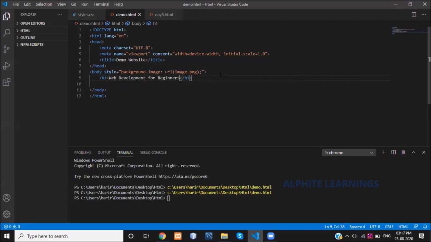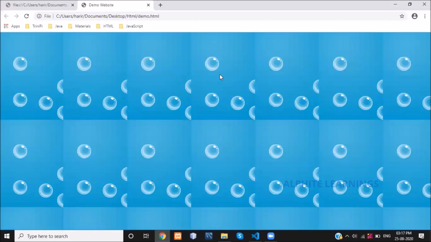I'm giving the heading for my web page. Let's see. See, you got your heading, and the image is replicated in the body part of your HTML page.